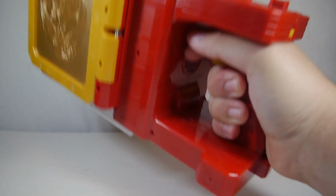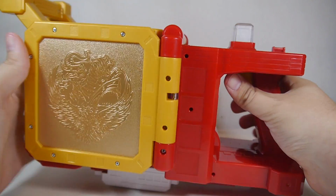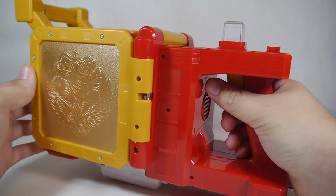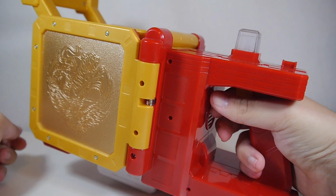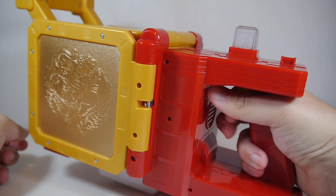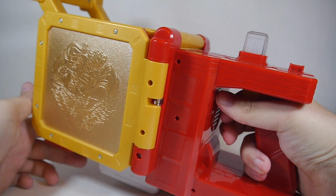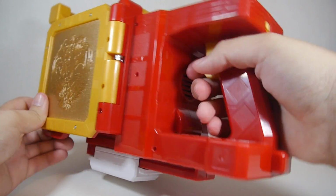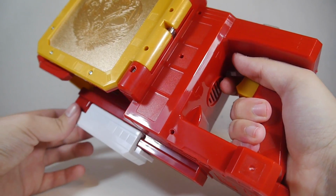For the cube mode, or the champion symbol mode, or the whatever you want to call it, there's all sorts of other additional features here. When you pull the trigger, it just makes a little noise. Or whatever. The speaker is over here, by the way. If you pull this once,